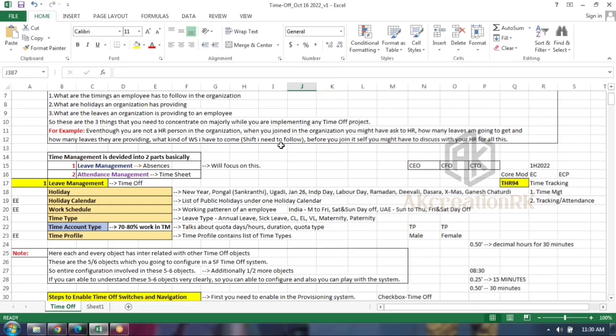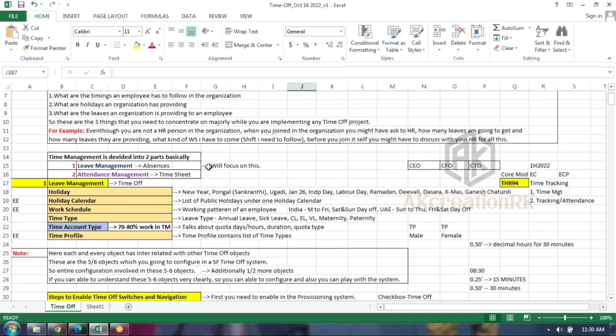After 2 years of working, once you become a father, for example, you may be eligible to get parental or paternity leave. Any female employee who works with us a minimum of 2 years of service is eligible for maternity leave as per the act, for the first two children, for example. That way, you had a discussion with your HR, right? Same to same. Time management is basically divided into two parts: one is leave management, the second one is attendance.